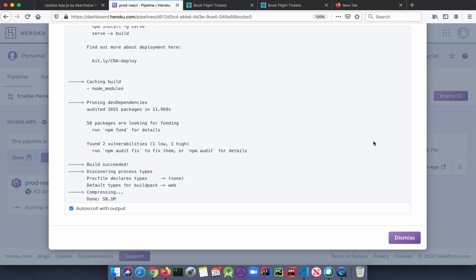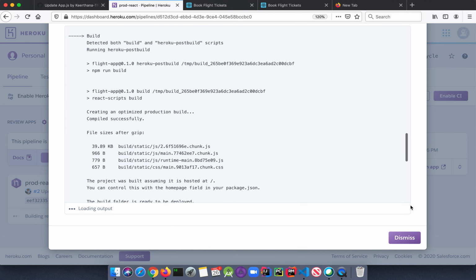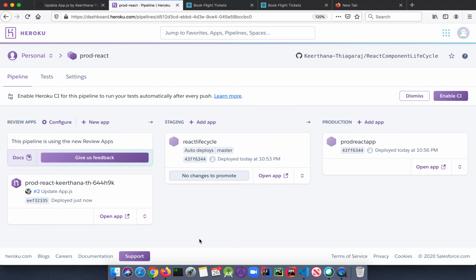The same steps will happen here. Yeah, so the app has got deployed to Heroku. Now we have to give dismiss. Once it has got deployed, it will automatically get reflected here. And it's deployed now.